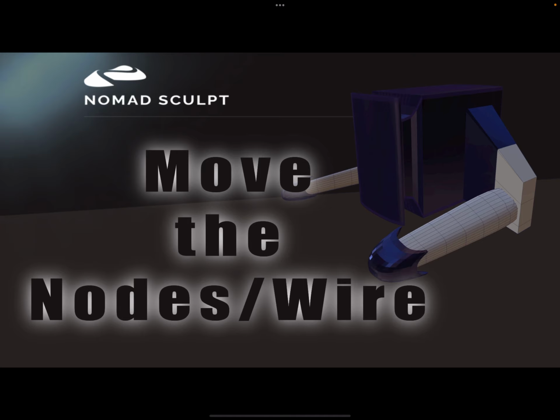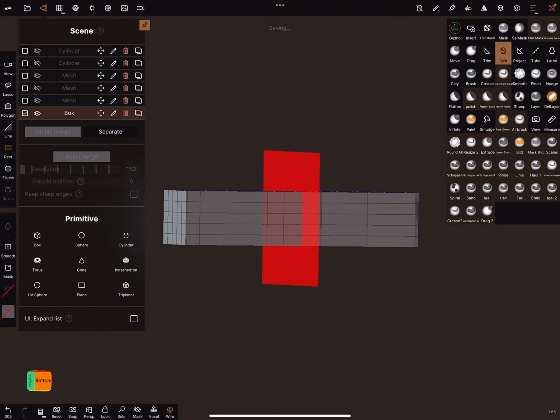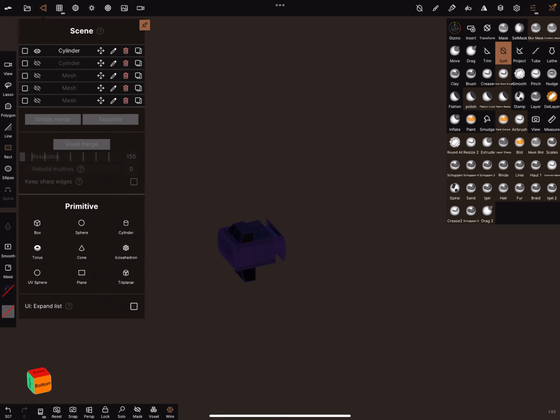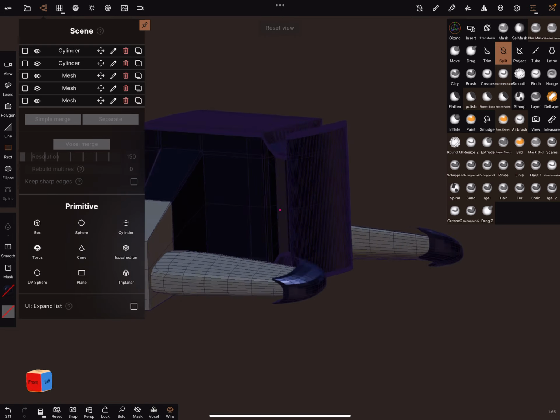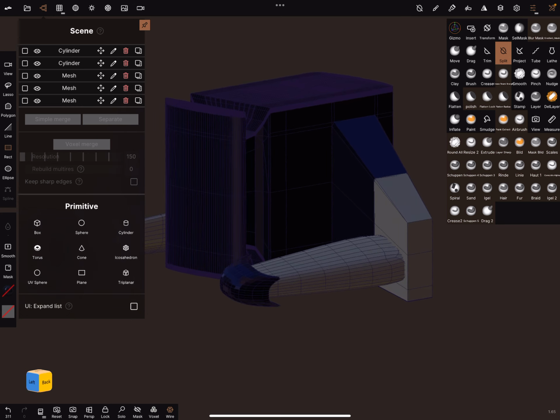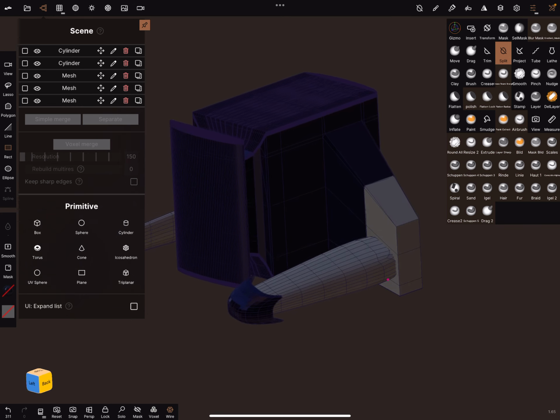I called the video Move the Nodes or the Wire. Okay, let's go to the Nomad Sculpt app. So, this mesh, there are only a few steps to do this.